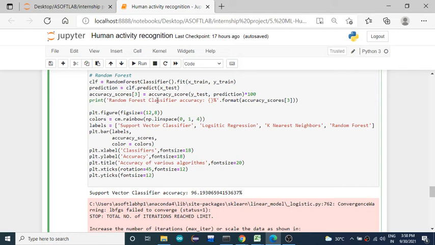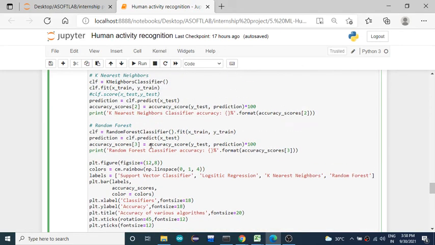After running this, the prediction result will tell you what this person is actually doing.